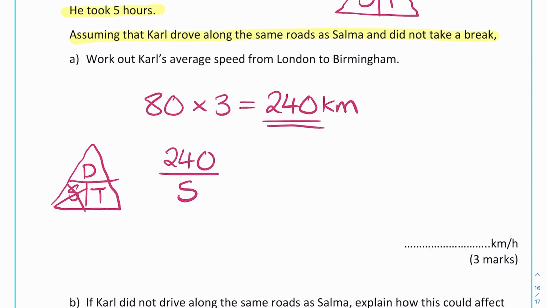Again, if you're not 100% sure on that, you can do lots of different things. We could do some bus stop, we could times the top and bottom by 2 and do divided by 10. That's a nice way, but that's not going to work with every number perfectly like that, so I'm going to use bus stop division. 240 divided by 5. 5 goes into 20 4 times, remainder 4 goes into 40 8 times. So that's 48. That was an average speed, so that's 48 kilometres per hour,